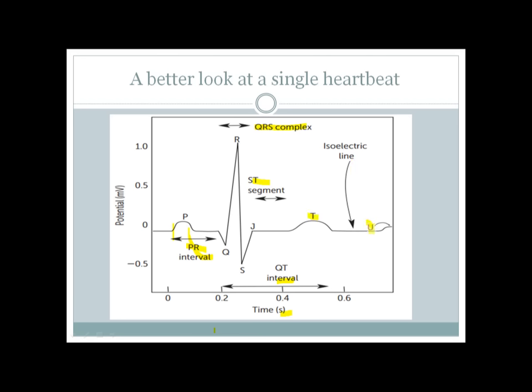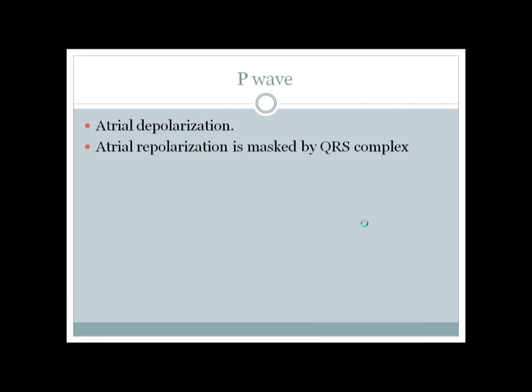So I will explain every single bit of those parts in my later slides. So just stay put. And first we start with the P wave. The P wave is a wave of electrical activity that is present when the atrium is activated. The atrial activation is scientifically called a depolarization. So atrial depolarization will produce a P wave, and after the depolarization, which is a very tiny moment, about 0.1